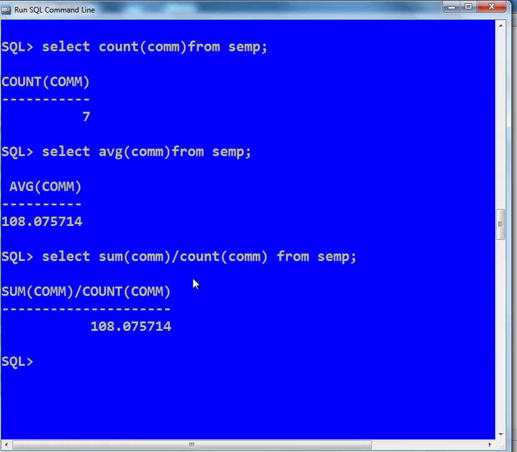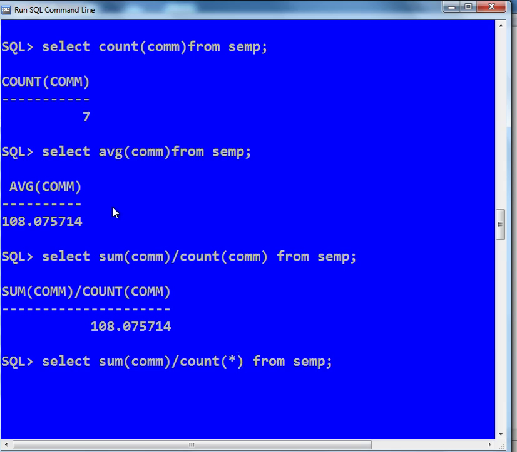So it is giving me the same result as the average, but keep in mind, instead of commission, suppose I write asterisk. This question was asked in the 2018 CBSE 12th board for IP students.